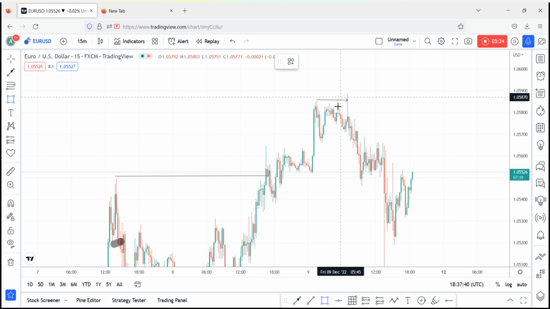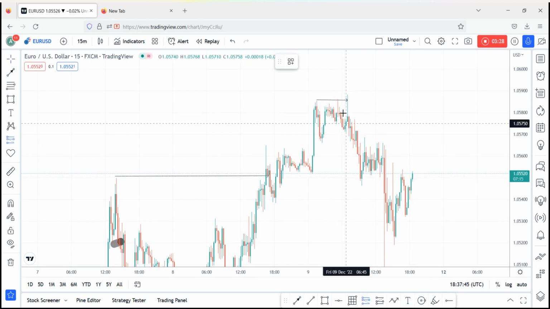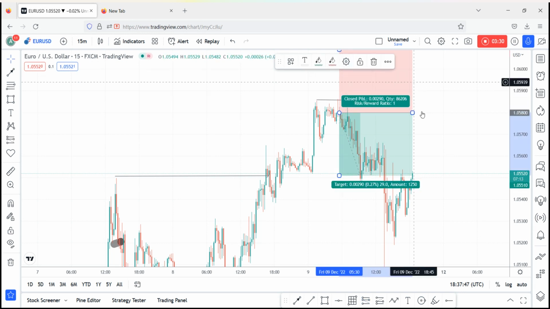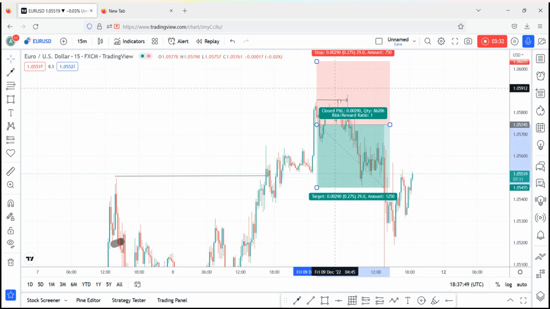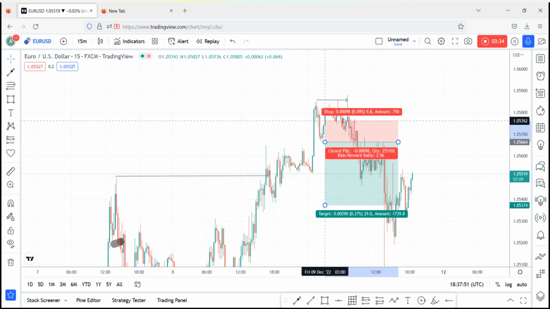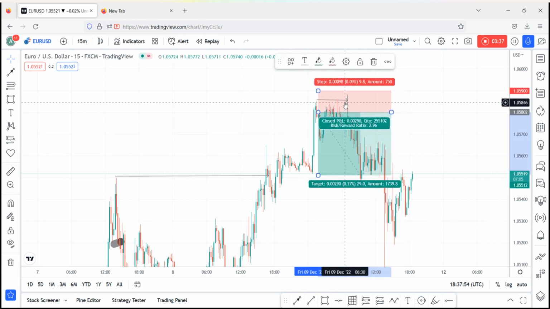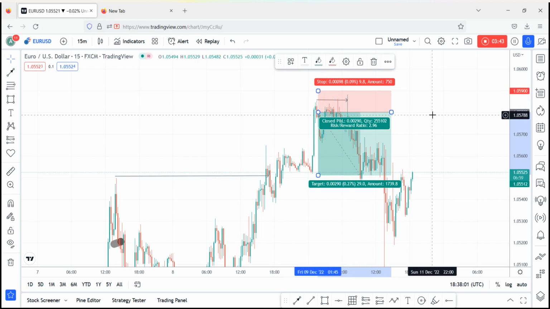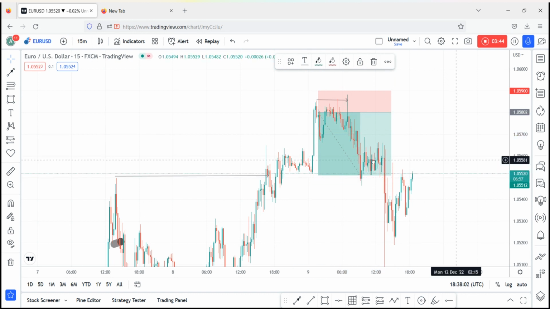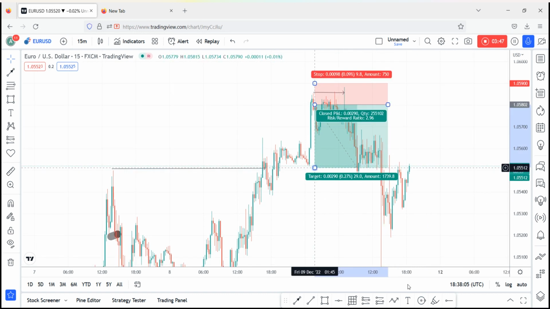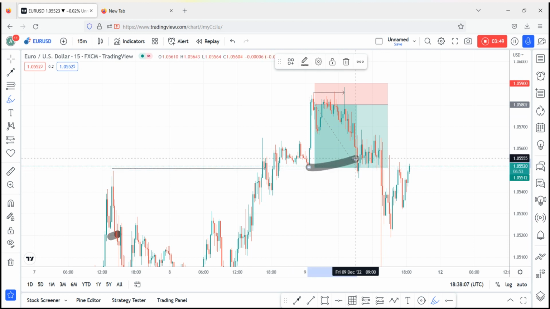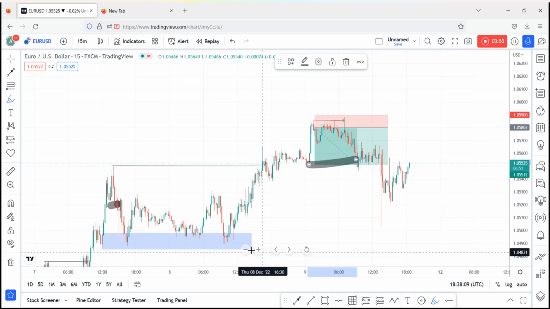When market closed below the candle, I took a trade. Sorry, I took a trade on this candle, placed my stop loss just above this candle, like 2 to 3 pip stop loss. You can clearly see it. That was a 2 to 3 pip stop loss, and my first target was this low. You can see my first target was this low, and second target was this demand zone,